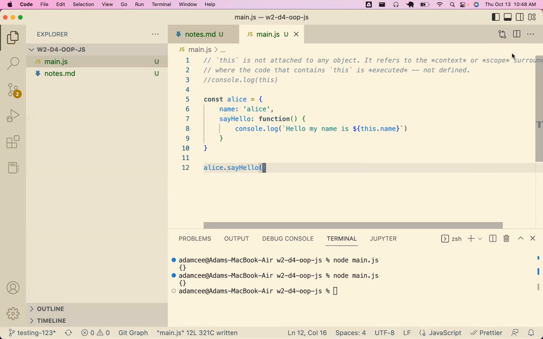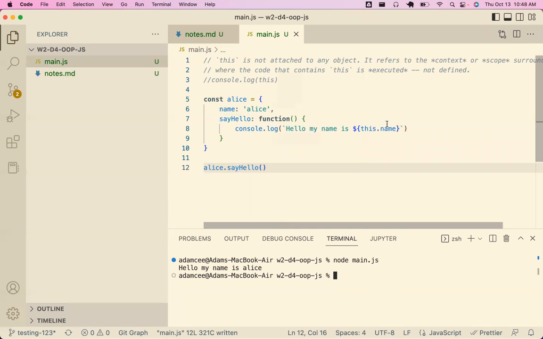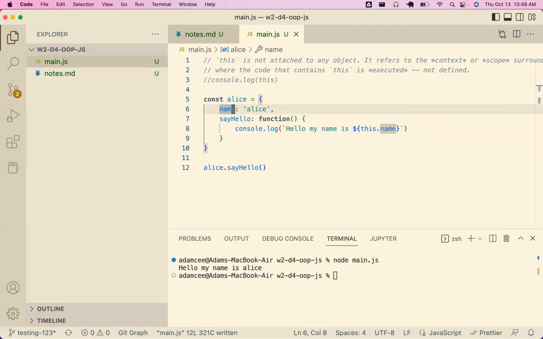When I call this function, and I just need to move my zoom bar out of the way so I can see what's going on, this has access to this other property. So it's sort of like, what is going on here? Well,